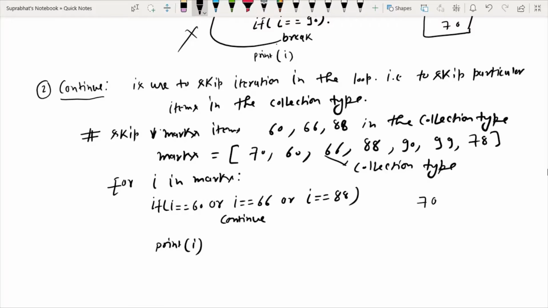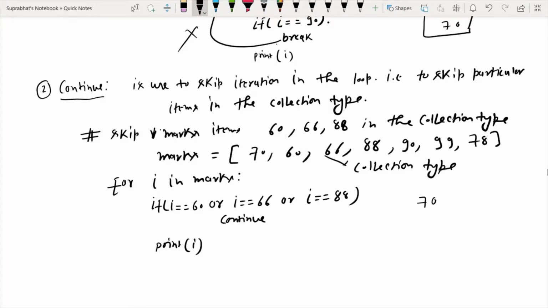Now 60 will come. It comes into the condition i equals 60, because the OR logical operator tells that if any one is 1 then it will return 1. So here i equals 60 is 1, this is 0, this is 0, so 1 0 0 again gives the final value 1.